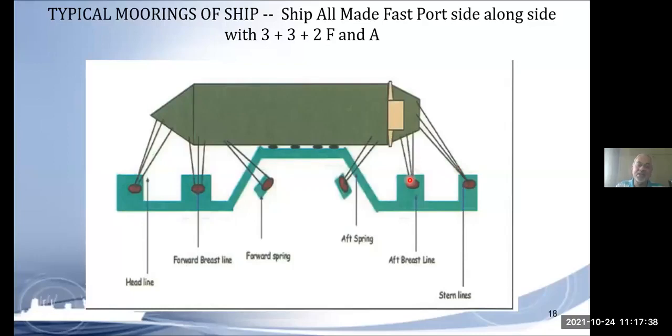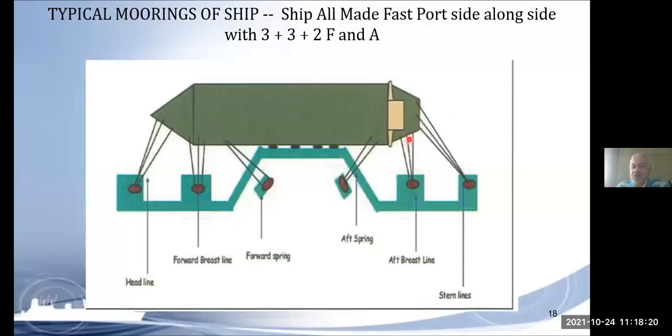Okay. Now on top we will read a typical mooring of a ship. Once these lines are made fast, meaning tied up on the jetty and on the ship, then we say the ship is made fast. How many lines? 3, 3, 2. So 3 plus 3 plus 2 is 8, and here also 8. So 16 lines, either wire ropes or polypropylene or nylon. Then we will say the ship is made fast.